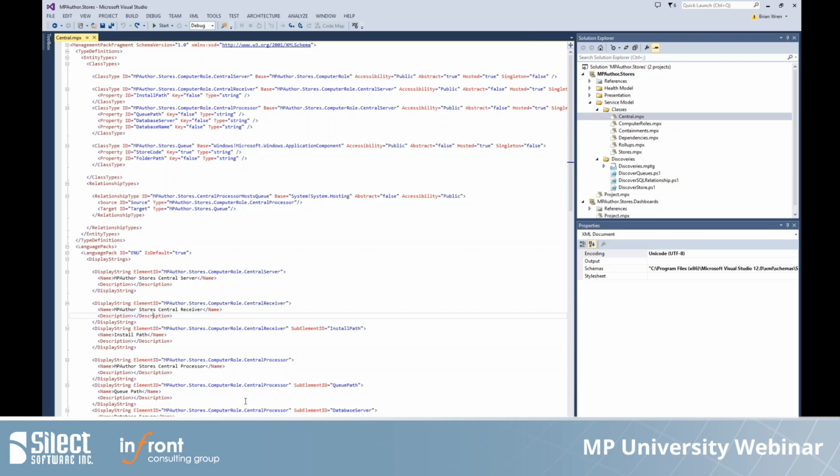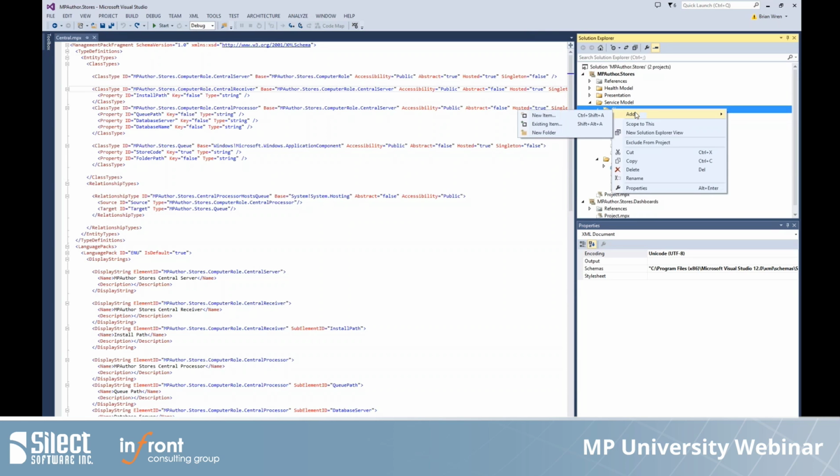Okay, so you saw, I believe, what it looks like to create a class in MP Author where you have some UI. Here, I'm pretty much looking at XML. Now we do give you a little bit of help. Let me just do a quick demo here. If I were to say add new item,